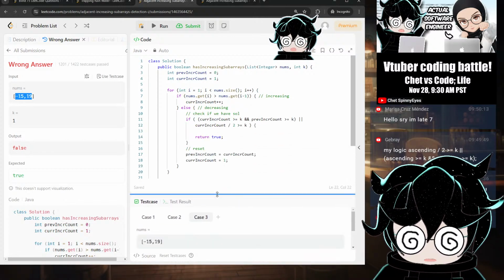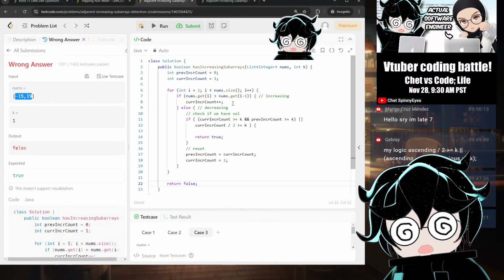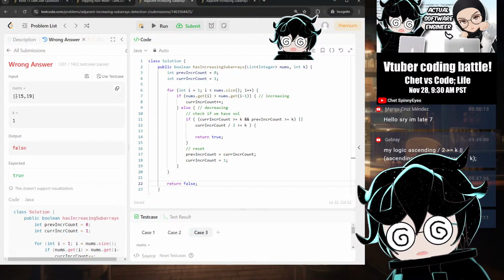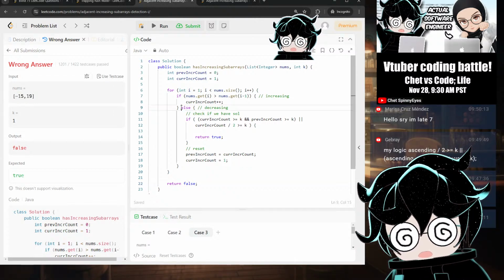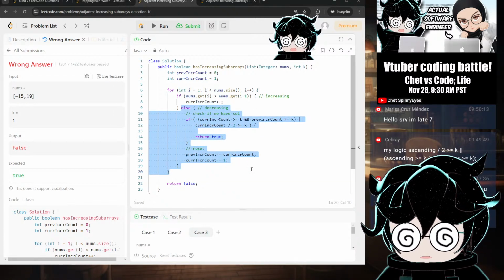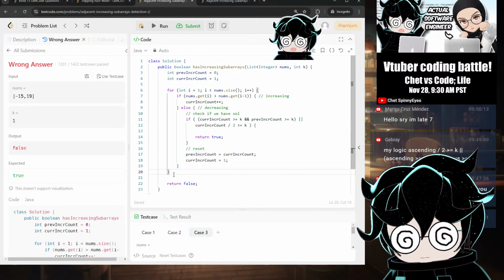I think I have an idea of what's going on. We never get into the decreasing step, right? Because it's always increasing, so it never gets into the else statement. We probably need to